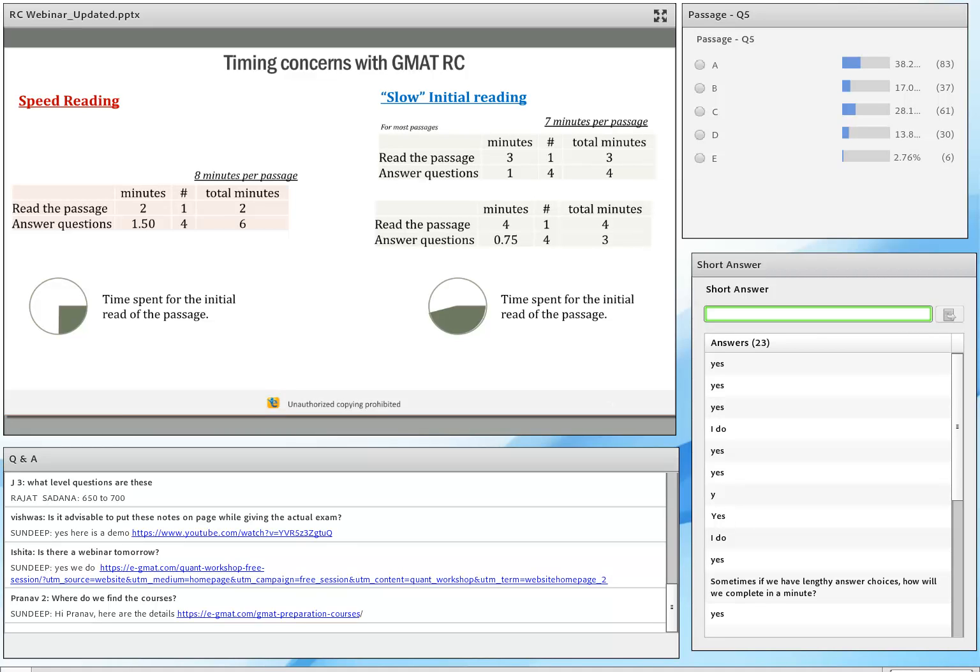Is it okay to make notes while reading? It won't consume more time in the exam. So here is what's going to happen. I see this question, and I hate to see it. Why? Because of the advice that experts who've been naturally good at this give. A lot of experts who are naturally good at this, who never had to learn, will tell you don't make notes during the passage while reading.